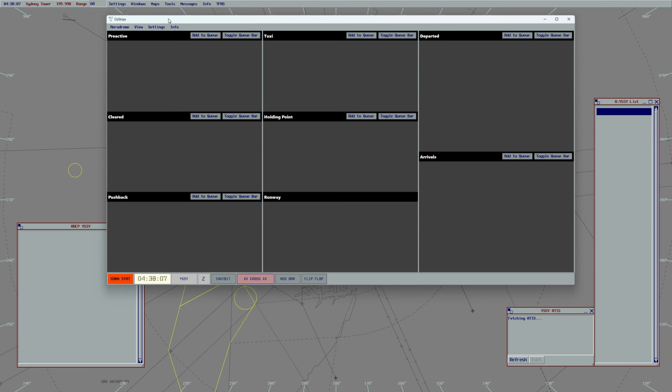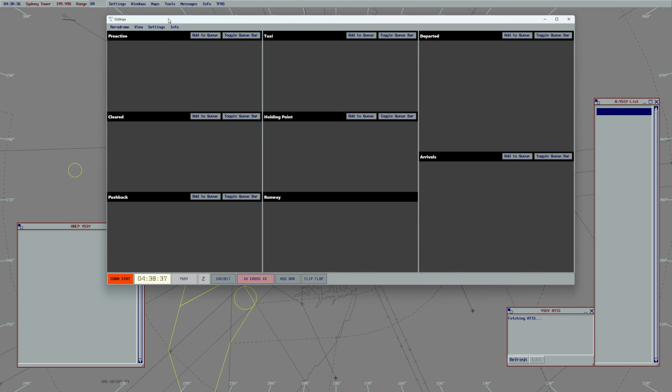positions. OzStrips is highly customizable, it's highly flexible, it can be altered to the specific position you're controlling. So you don't need to see every strip in the aerodrome if you're just controlling delivery, for example. The strips that have already received clearance and are taxiing or on the runways, you don't need to see those strips. So it is really effective at saving space, even though the window does look larger than the original vatSys strips. Once it's configured, it will allow you to save space on your display, particularly if you only have one